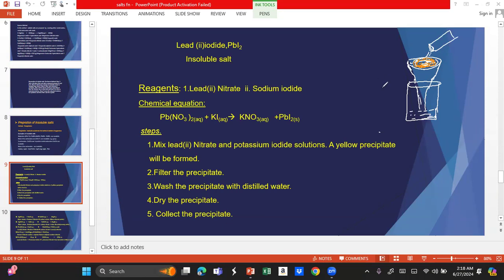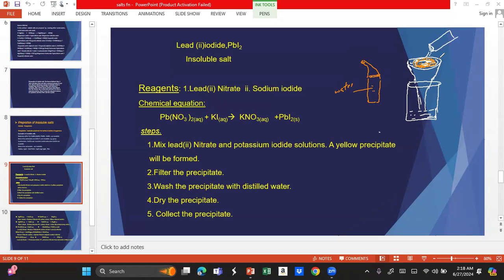To wash it, we have an apparatus in the laboratory like this. This is just a plastic bottle with a sharp nozzle. You put water in it and just have a spray on it. That will cause the impurities to be removed. Hope you understand, boys. Similarly, not only this salt, if other salts are given to you,